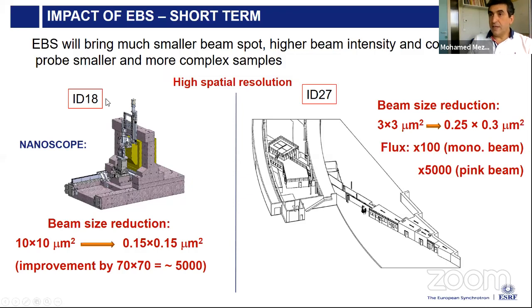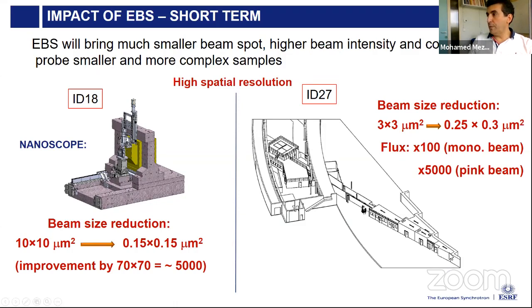two examples. On ID18, they developed the so-called nanoscope. In this instrument, they will be able to reduce the beam size from 10 by 10 micron to something close to 0.15 by 0.15. So this is an improvement of more than 3 orders of magnitude. So a huge improvement. The second example, which I know very well, is ID27, that will